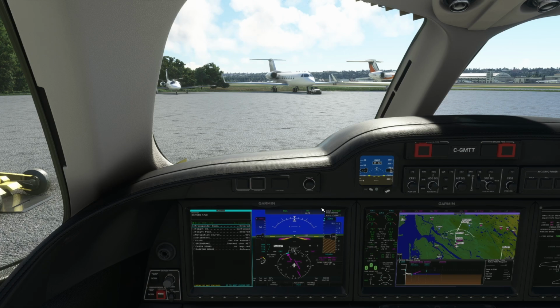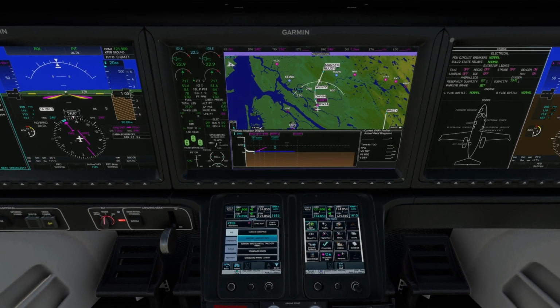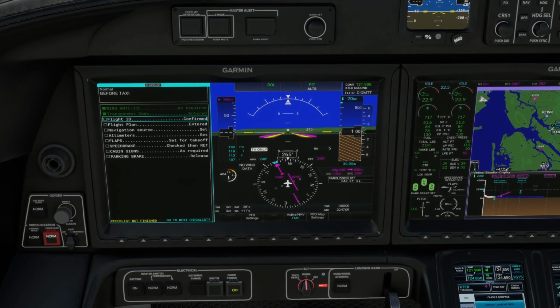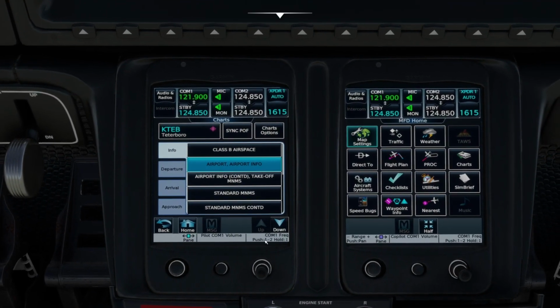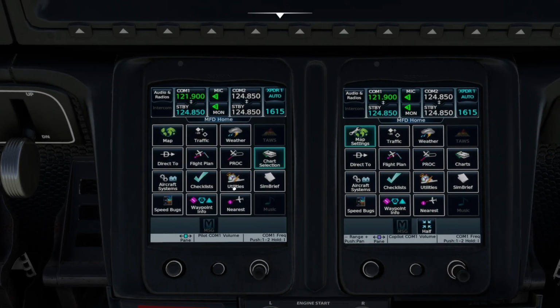Okay, so 1615, we entered 1615, confirmed. So flight ID is Charlie Golf Mike Tango Tango. That is confirmed. Flight plan is now entered. Navigation source is FMS. It is set. Altimeters are 2990. And if we come down here, jump home, jump to